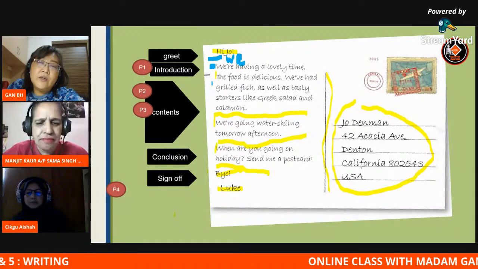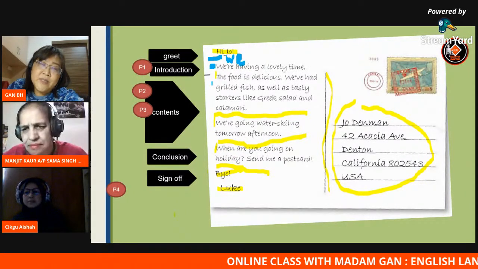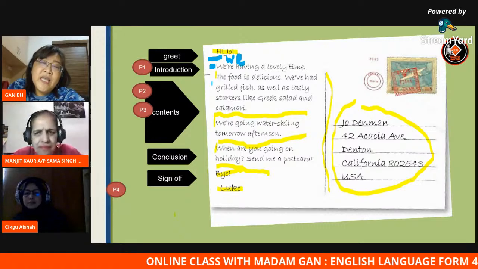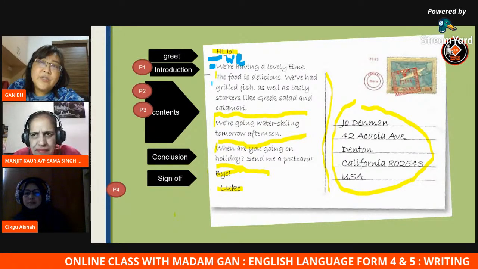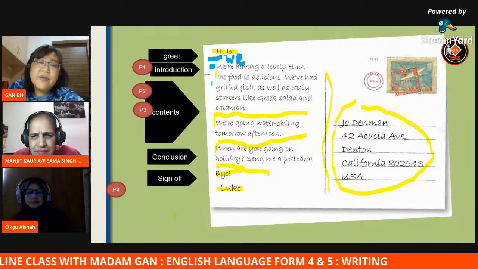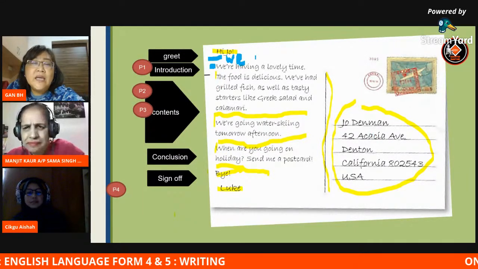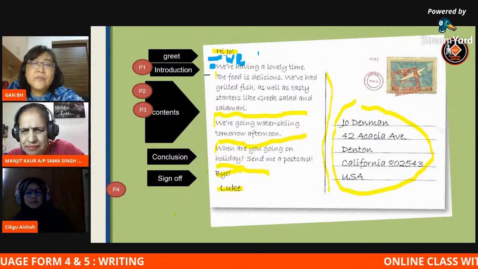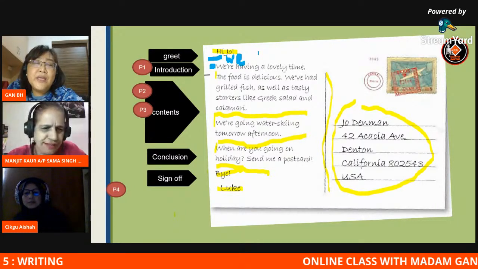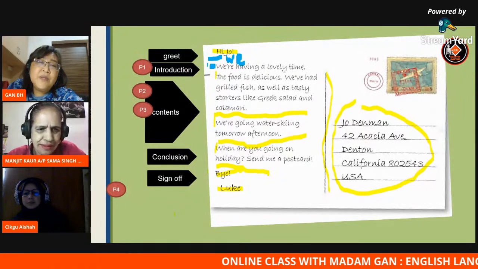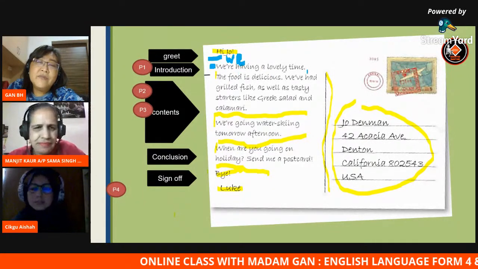Okay. You can always refer to your textbook, especially Form 3. Go to the behind pages there. Go to the grammar reference, writing reference. You can get all this. So I think I've answered the question, right? You can choose the old way. Maybe your teacher is teaching you the old way. Maybe you have spacing, then you write, "We are having a lovely time."